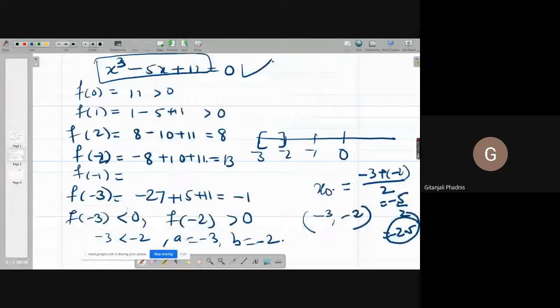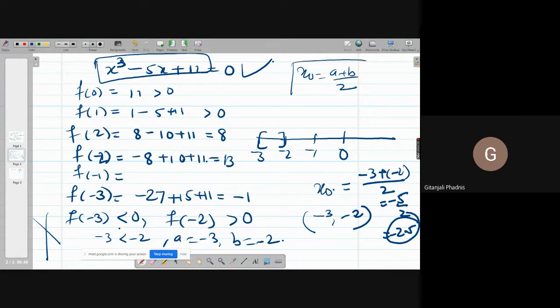If I don't solve this, can I guess easily that my answer is going to be in -3 comma -2? Can I guess easily that my answer is in between these values? No, I cannot guess. So in such cases where we cannot guess the initial approximation or the initial approximation is not given to us, we can apply this technique. Find out two values A and B randomly such that f(a) and f(b) have opposite signs and take their midpoint. Take the midpoint of that interval as your initial approximation. Do you understand it?